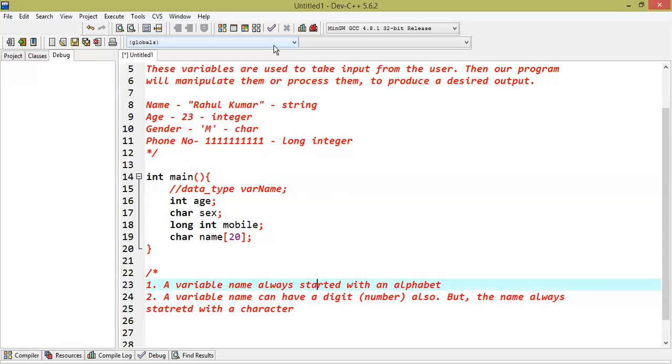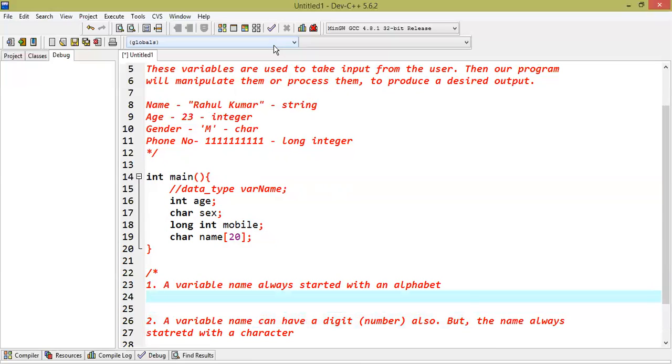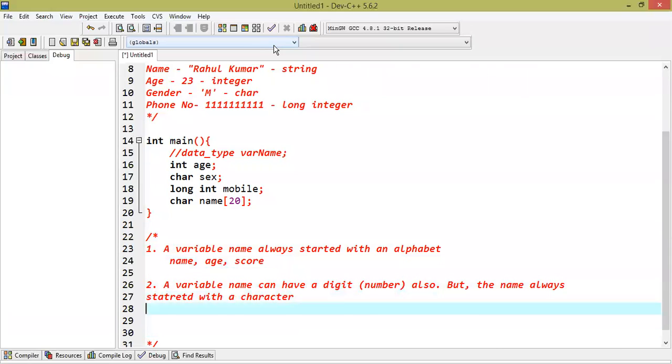Let's add a few examples here. Suppose we have variable names that start with an alphabet, like name, then age, then score. They all start with an alphabet. And the second rule that we specified is that a variable name can have a digit, but the name must always start with a character.